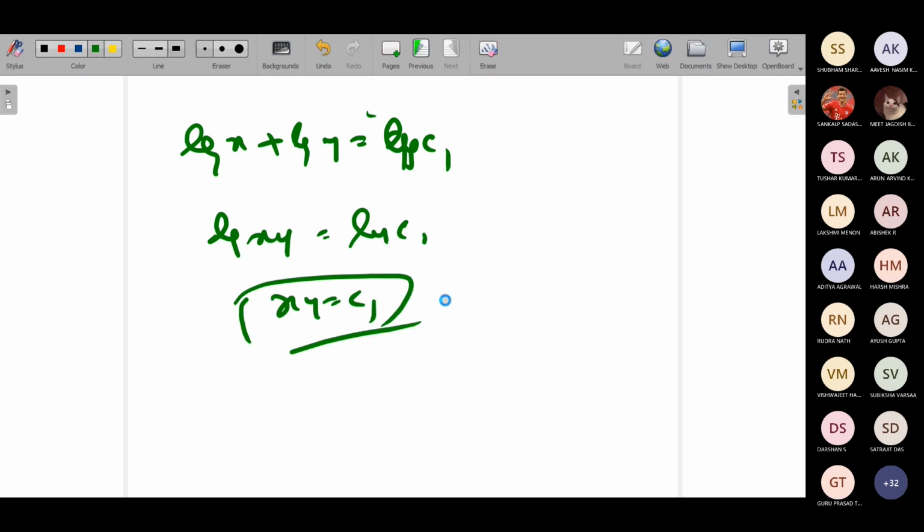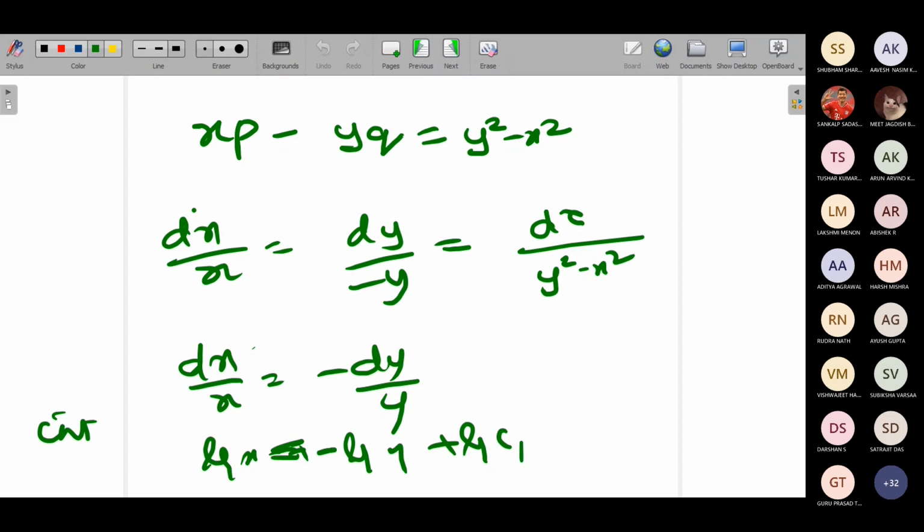Okay. What about the second one? Then you can take dy. My x will be constant in that case. No, you cannot take like that. Like integrating with dy and dz. No, you cannot take like that. You cannot take x as a constant there and treat it like that.